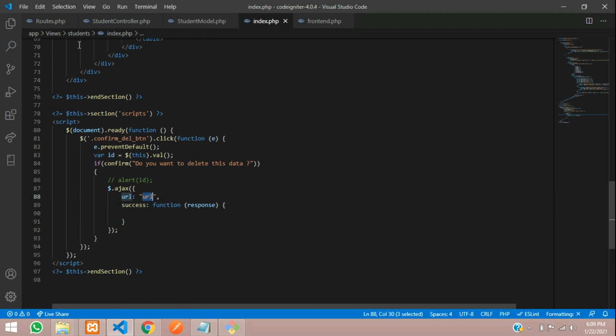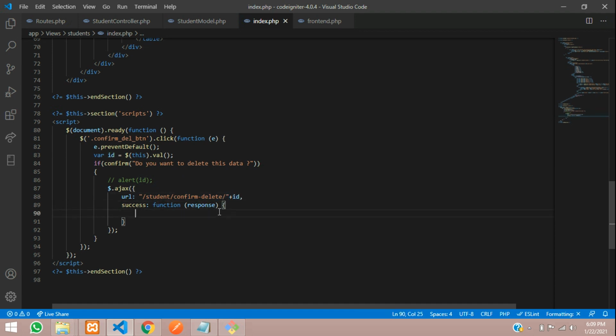So as we want to confirm and delete, so let's give / where I'm going to call the students, where again / confirm delete I want to say, and / where I'm going to concatenate the ID. So just give plus symbol and add this ID. With that it will take this route with that, and then it will concatenate the ID and send.